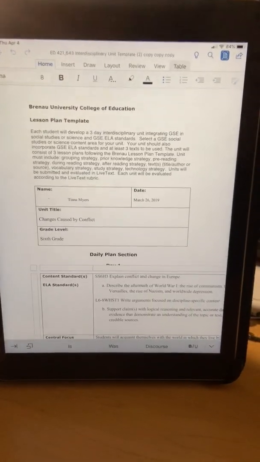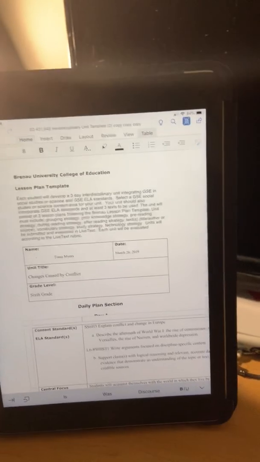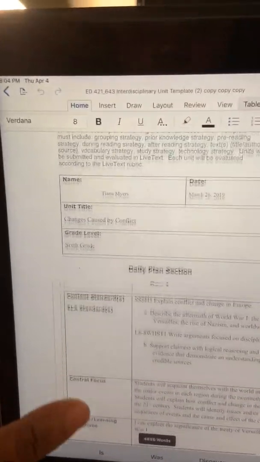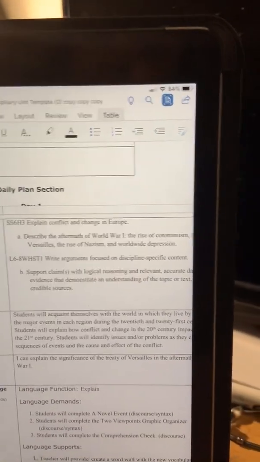My name is Tiana. I'm going to walk you through my interdisciplinary unit template. The unit title is Changes Caused by Conflict. I chose the same ELA standard and content standard, which is social studies, for each day in my